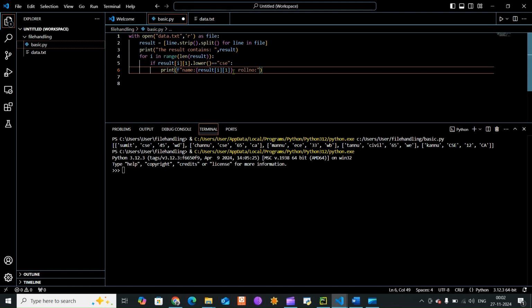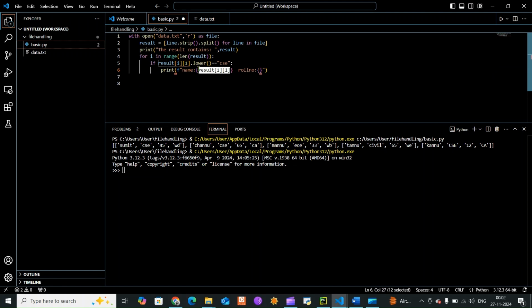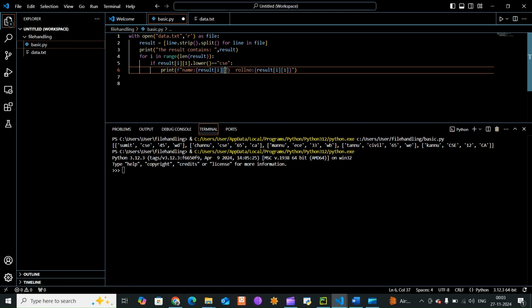Roll number is same. Control C, and I paste here. Control V. It's not 1 here. It must be 0 here, and here it is present at 0, 1, 2. And I'll give here 2, and here let me copy this thing, and I will say roll number of that is section